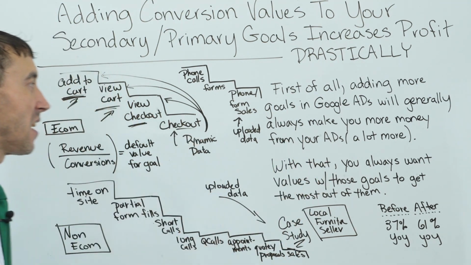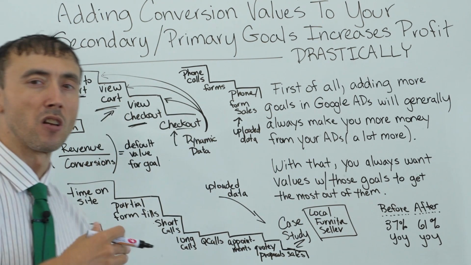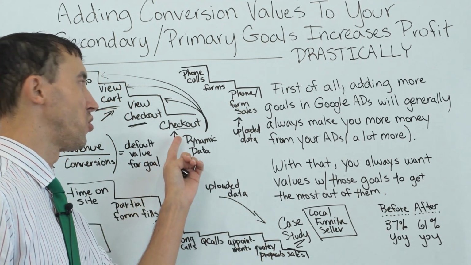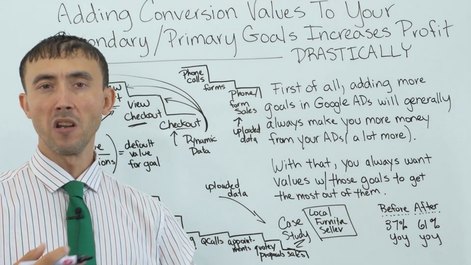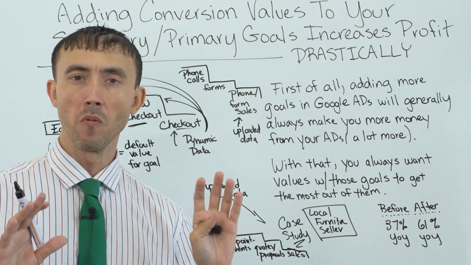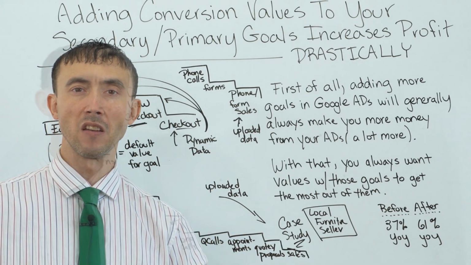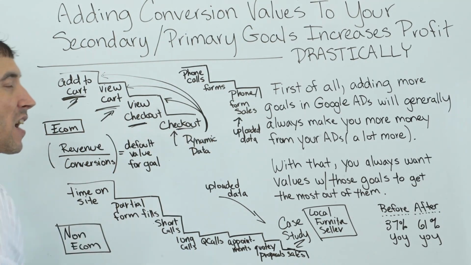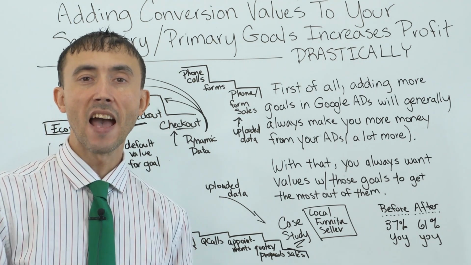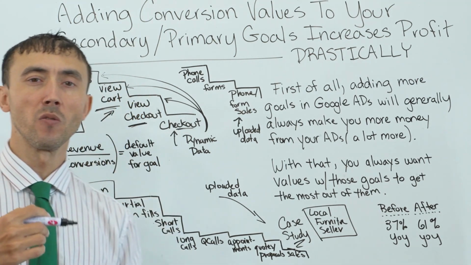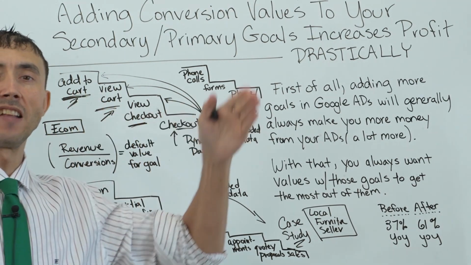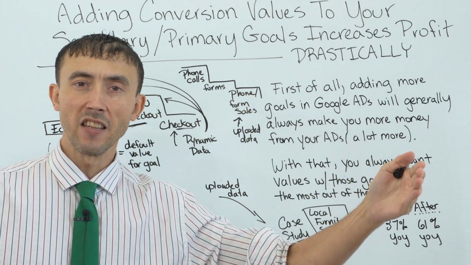When you have this extra data, it basically puts the conversion tracking process on steroids, because Google can start to figure things out that it couldn't figure out otherwise with just the sales data. With machine learning algorithms, including what Google has, the more data it has to work with, the better decisions and predictions it can make. So if you have 1,000 checkouts for Google's machine learning algorithm to look at, and you have 10,000 add to cart conversions for it to look at, it can make decisions from the checkout data by itself, but because they know if a person adds something to the cart, it makes it semi-likely that they're going to buy,